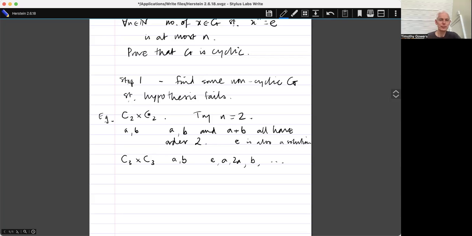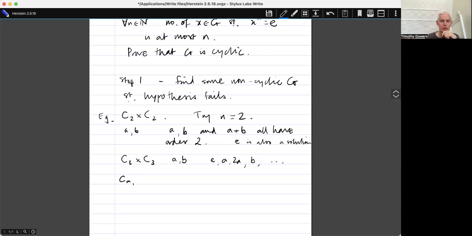So I might prompt, or alternatively, if I just pursue this line of thought, supposing I'd never heard of the classification of finite abelian groups, I might just think, well, I've got it for some products of cyclic groups, but they needed not to be cyclic. So I might ask myself, see if I can just prove it for products of cyclic groups that aren't cyclic. So then I would ask myself the question, if I've got